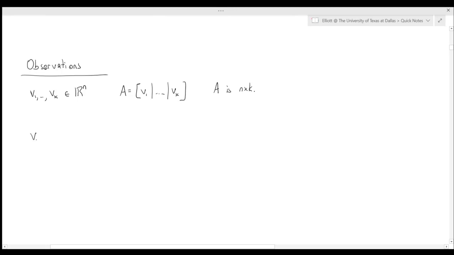All right, and so then, just as I did with span, I want to use the last example to make some observations regarding linear independence. So if I have k vectors in Rn, and again, if I put them into a matrix A as the columns, so for these vectors to be independent,